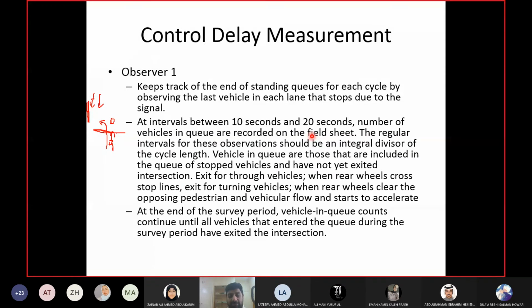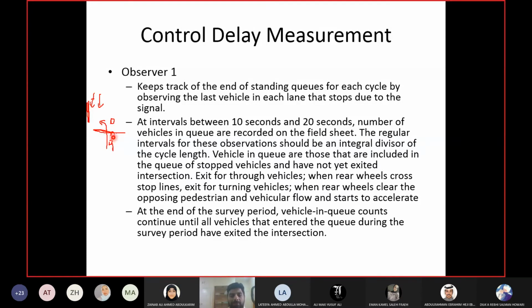In some cases, the vehicles are moving, but they will still be considered part of the queue. Why? For example, let's say a vehicle came to the intersection. Now this vehicle has to stop at this point because there are vehicles in front of it. This small rectangle is a vehicle. So this vehicle will be counted in the queue. Now the signal has become green. So what will happen? The vehicles will start to move.